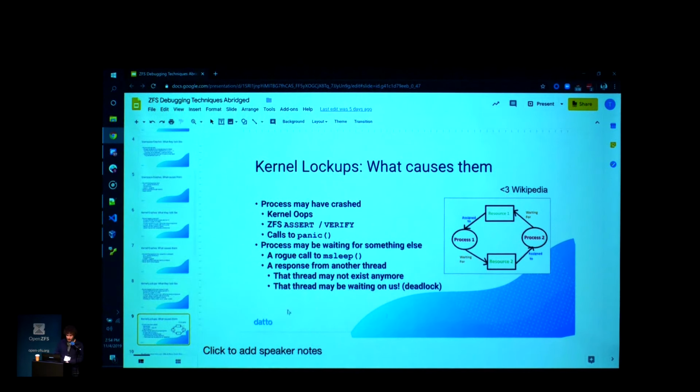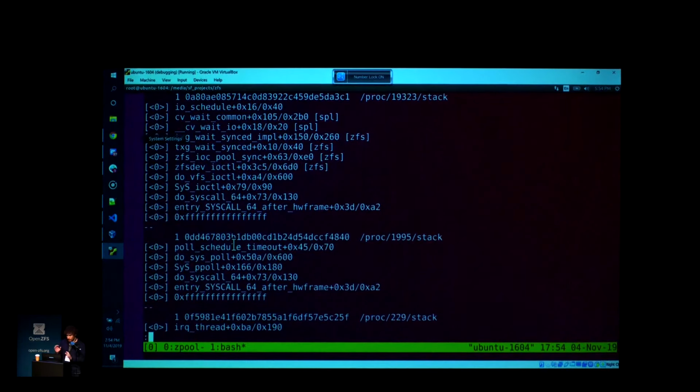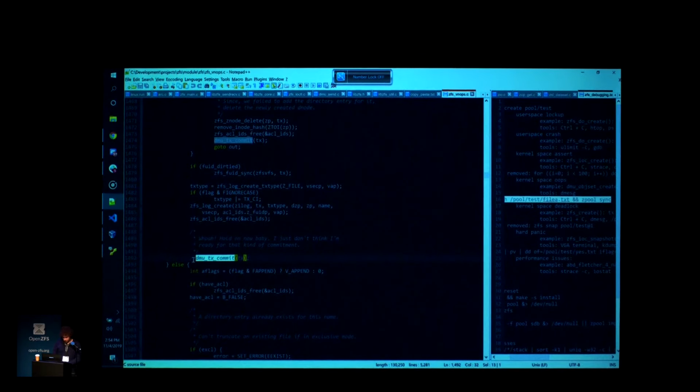Another one is the kind that we've encountered here. The way that this one works is we simply have never given that resource back. We created a transaction, and we decided never to call commit on it or abort or anything else like that. And so the transaction has just ended up stalled, lost in limbo, and it will never be returned to the main sync thread. Let's just get rid of this,